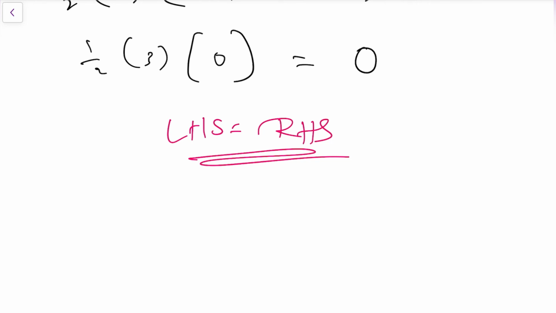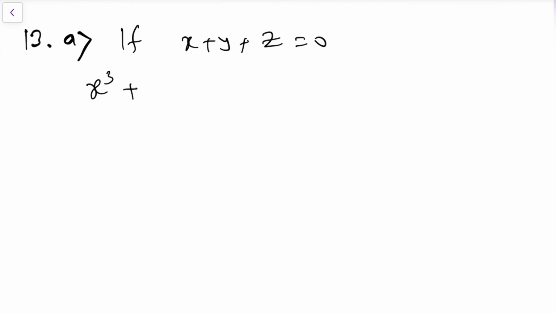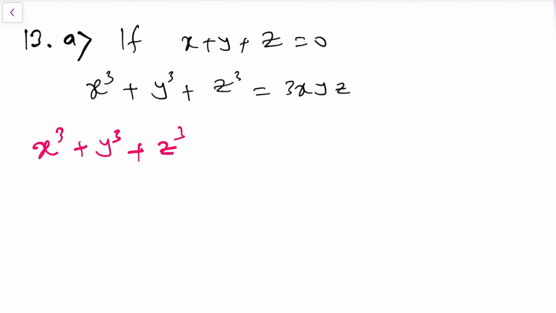Okay, now let us move to question number 13. In that A, if x plus y plus z is equal to 0, then show that x cube plus y cube plus z cube is equal to 3xyz. Now I am going to solve this problem by using the previous formula, that is x cube plus y cube plus z cube minus 3xyz is equal to half into